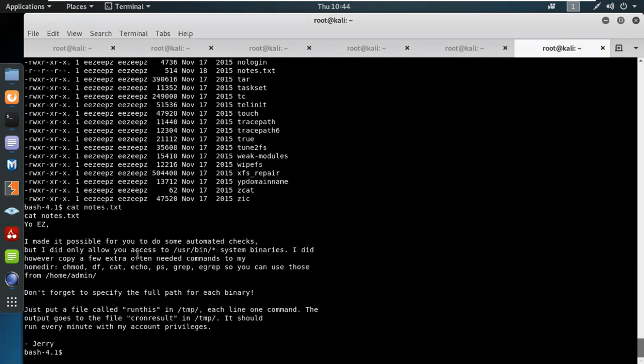तो इसने क्या बोला था, अगर तुम्हें कोई भी फाइल को यूज करना है तो आप मेरे होम डायरेक्टरी से यूज कर सकते हो, होम एडमिन से, है ना, बट आपको फुल पाथ ऑफ बाइनरी देना पड़ेगा। बट वो फाइल जो आप बनाओगे, वो आप मेरे टेम्प फाइल में रन दिस की कमांड में डालोगे, है ना। तो मैं यहाँ पे क्या करने वाला हूँ, मैं यहाँ पे एडमिन के पाथ को परमिशन दूंगा, होम एडमिन का।